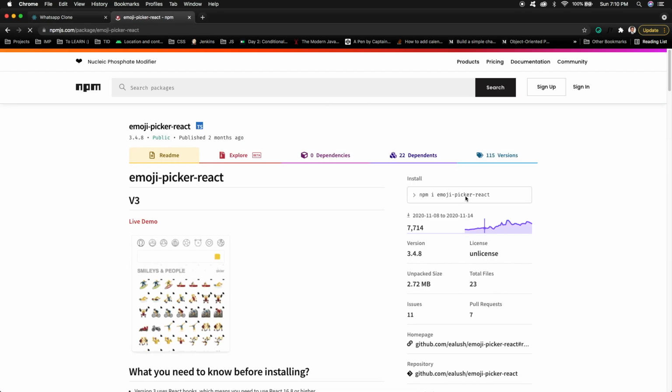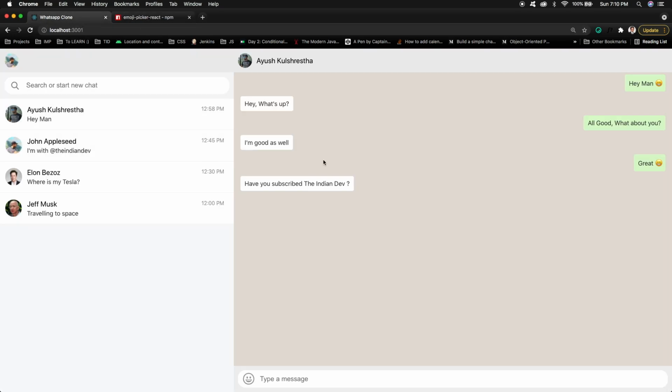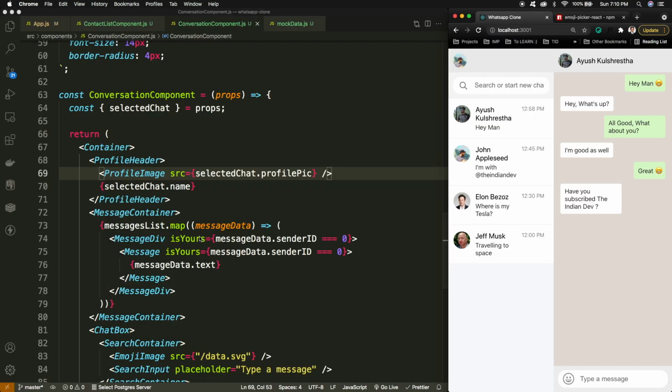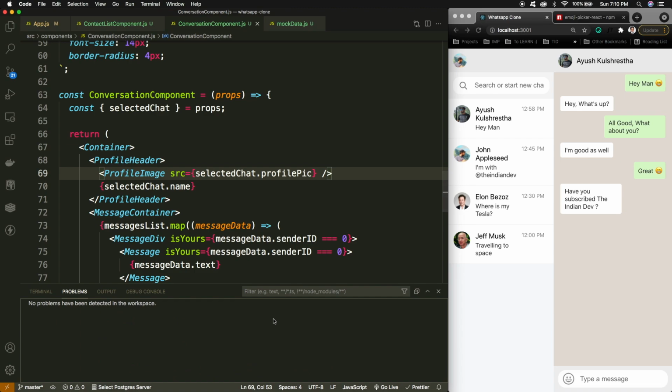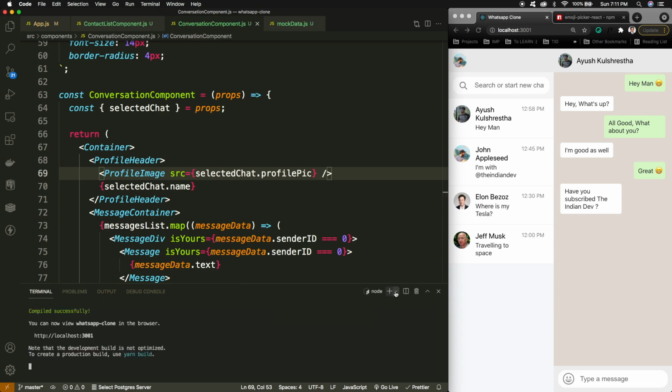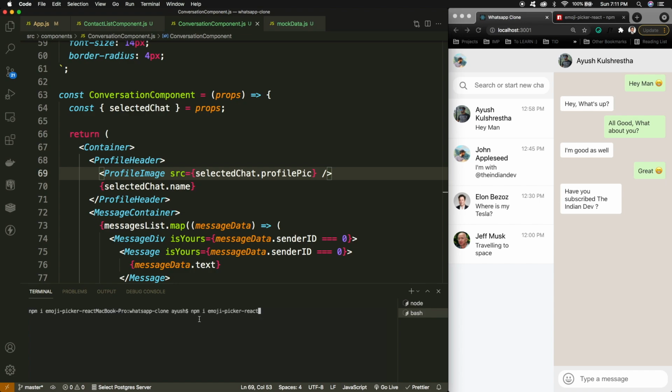For that, I just need to install this in my project. So I'll go to the terminal and create a new terminal. Here I'll write npm install emoji-picker-react --save so that it can be added to my dependency list. So once it's installed we can make use of it.